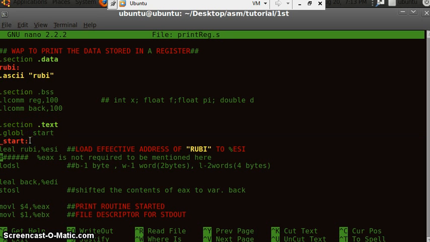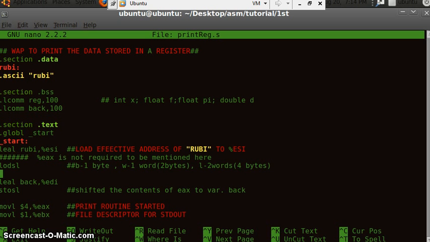Now what we are actually doing in this program is, we are not directly printing the contents of a register to your screen. We are basically putting some data into the EAX register. Then from that EAX register we are copying that data to a variable, and then that variable will be used to print the data to the screen, just the same way as in the traditional Hello World program.